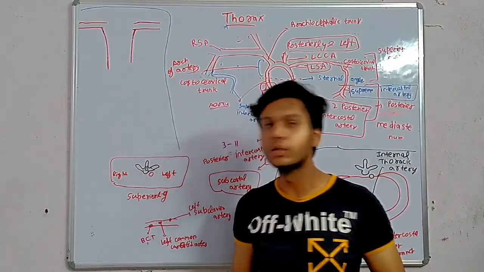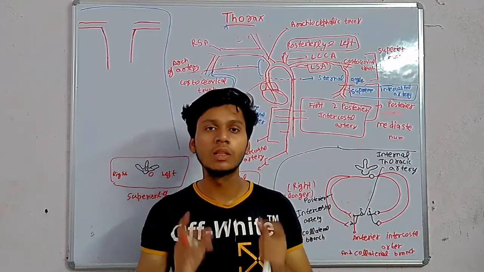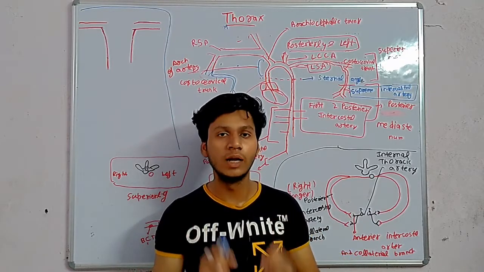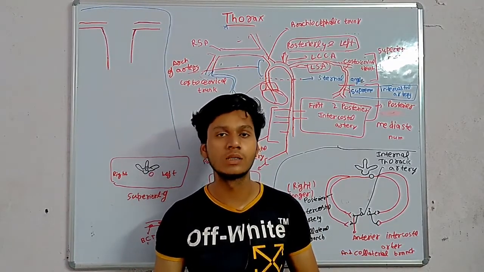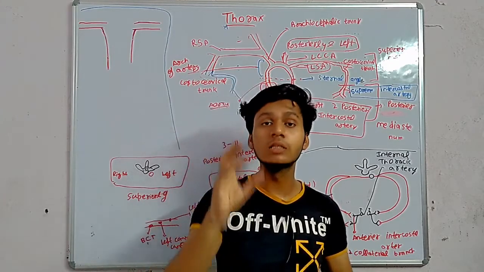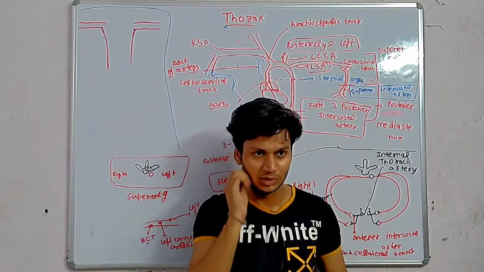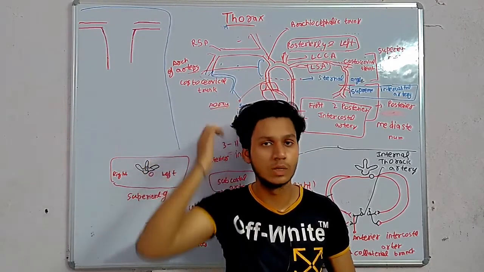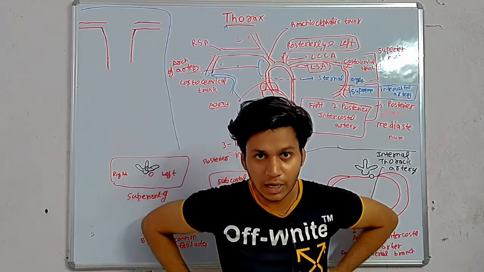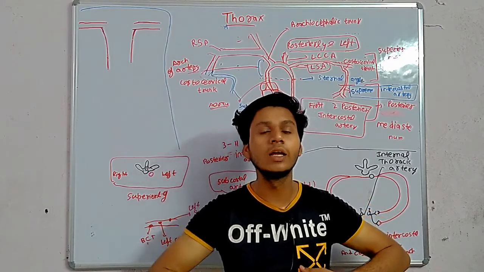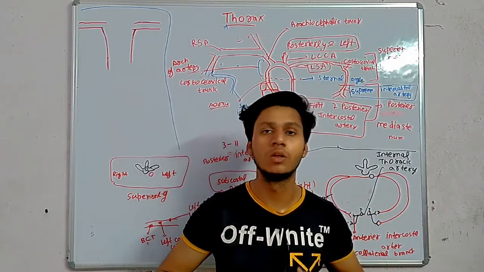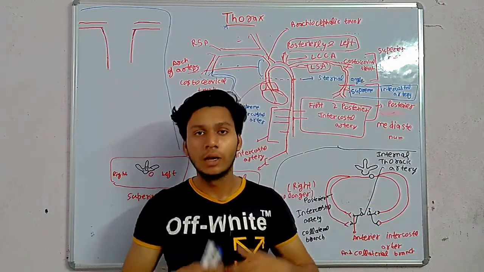Let me wait just one thing. We know that the 11th and 12th ribs are not attached to the sternum, so anteriorly they do not form intercostal spaces. So how many intercostal spaces remain? We know that 2 spaces are subtracted, so only 9 intercostal spaces form anteriorly, because posteriorly 11 intercostal spaces form, but anteriorly the 11th and 12th ribs are not attached. So anteriorly we only supply 9 intercostal spaces.